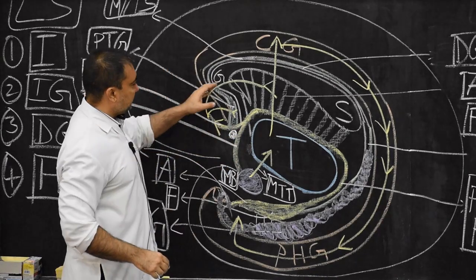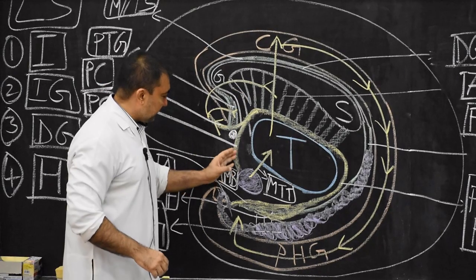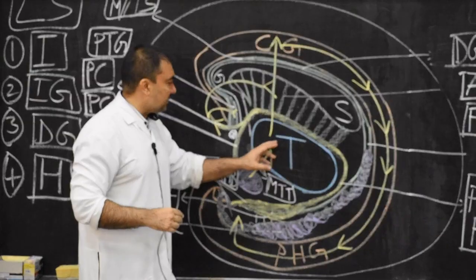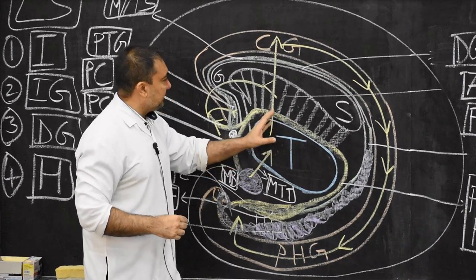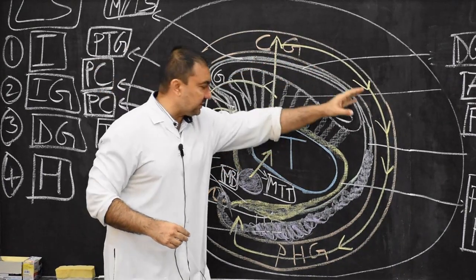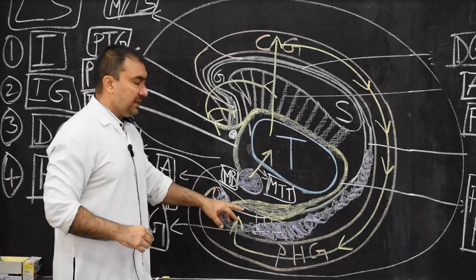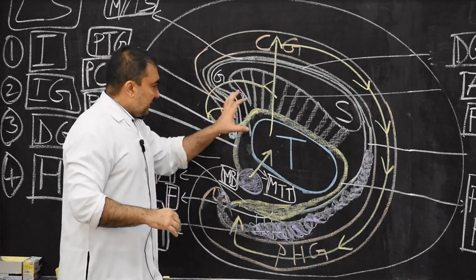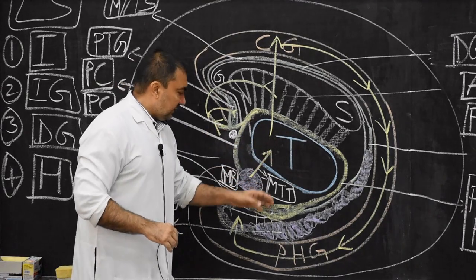Precommissural fibers will pass in the septal region. Postcommissural fibers will end in the mammillary body of the hypothalamus. From there through the mammillothalamic tract into the thalamus. From the thalamus it can pass to the cingulate gyrus. Through the cingulum it will come back again to the hippocampus. This is the Papez circuit. And these are the various components through which the entire hippocampus is connected.